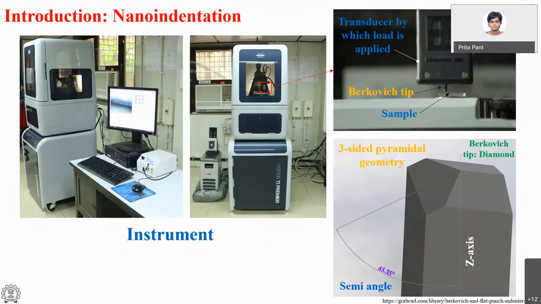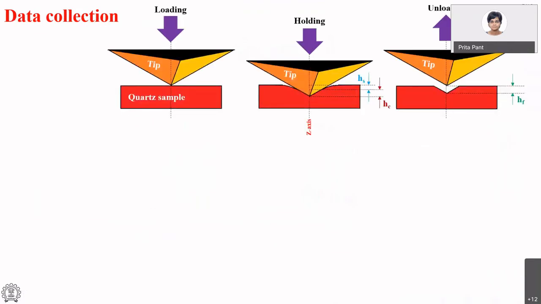Now, when we do this experiment, this is where we get into the dirt and grime of actually analyzing the data. So this is a tip, and red is a quad sample. We apply a load, the tip goes into the quad sample, and here I need to draw your attention to the details. You see that the tip has gone into the sample to a certain depth, and now we are giving 2 different labels to the depth. So if H is the total depth, then there is one HC, and